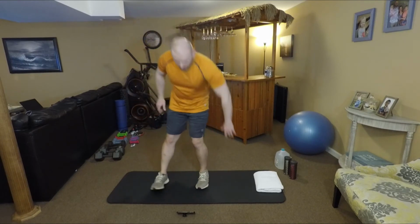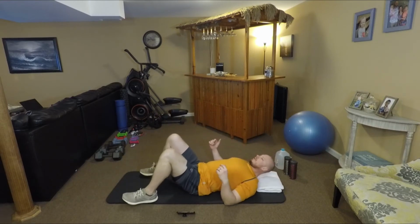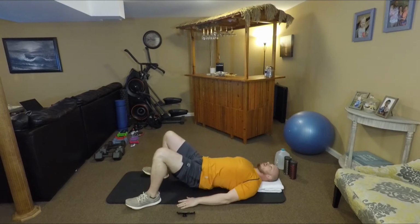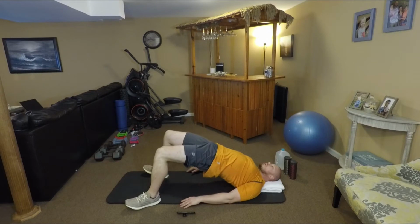On to bridges. Laying down on the ground. The most basic version of this. We're going to start both feet planted, shoulder width apart, hands down your sides to balance, and we're going to go all the way up. Start from the position on the floor. Ready? And go. 1,